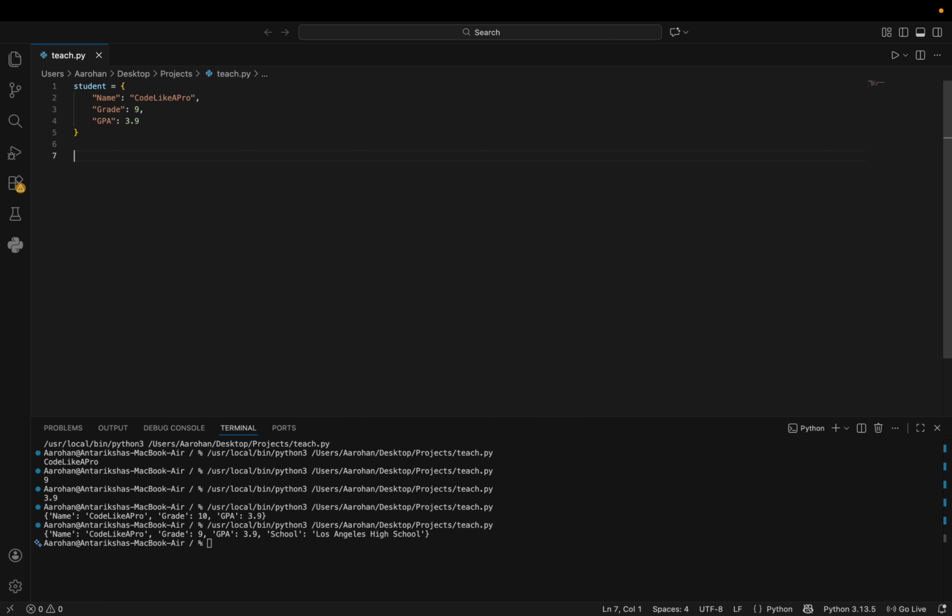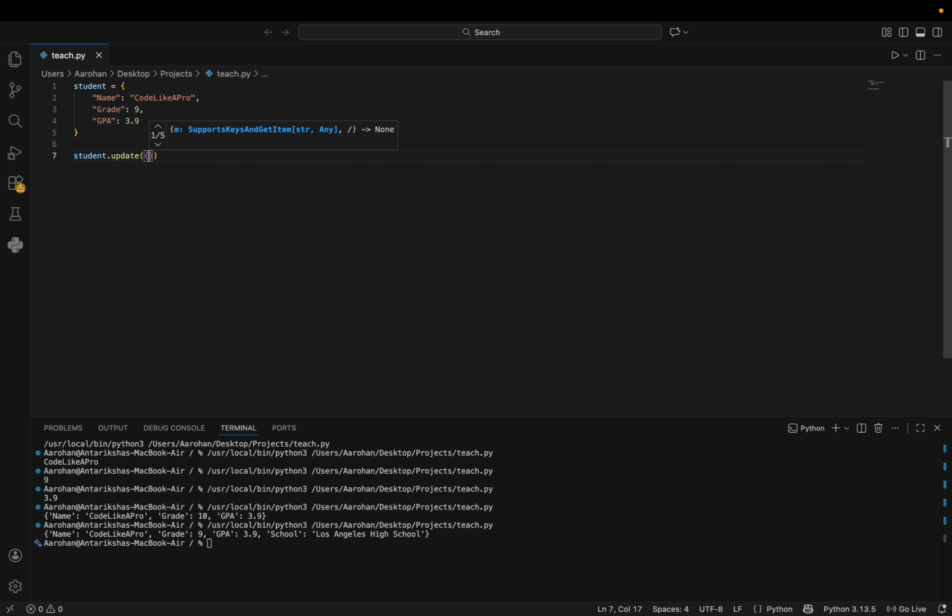So just like a list, dictionaries have a lot of methods, and the update method is one of them. So let me show you how it works. You use the update method on the dictionary, then in between the parentheses, you want to create a dictionary inside of the parentheses, and then have that dictionary have whatever you want to